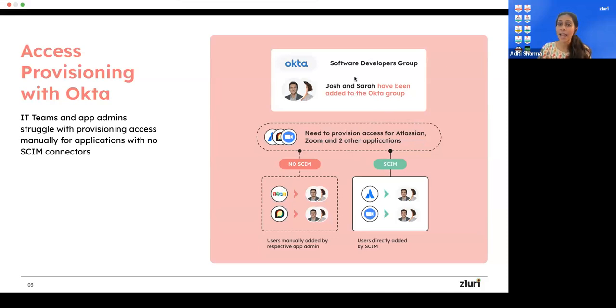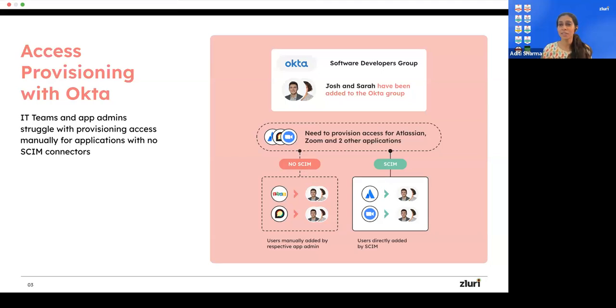So as soon as they're added to the software developer Okta group, they will automatically get added to Atlassian and Zoom as well. You don't need to go into those applications separately to provide them access. But for the applications where there is no SCIM connector present, the respective app admins or the IT teams would have to go into these applications manually and add these users in.